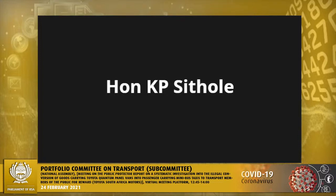And the other one, if you can check 5.1.85: However, the notification to Toyota dealers was not emphatically instructive, as it opened room for manipulation, as it reads as follows: if a client requires such a conversion, we suggest that you explain the situation and consequences to the client, and the client must agree to the following. I'm trying to check the consequences. Were there any consequences that were actually put in place by Toyota for the dealers that were selling those